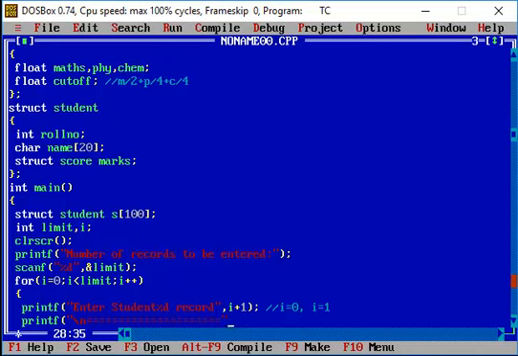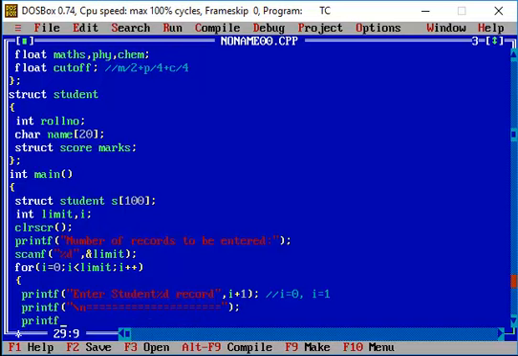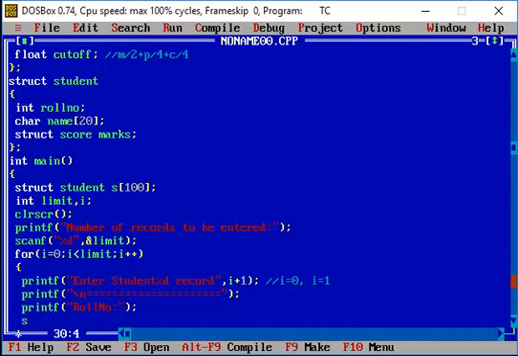So basically we have to ask the user to enter the name of the student and the roll number of the student. So I'm just asking the user to enter the roll number. So again I'm going to make use of a scanf statement, and in the scanf statement, roll number is of integer data type. So I'm going to get the value in terms of %d. So I'm using the format %d. And now I have to make use of the structure array variable, that is s, and I have to make use of the index value in order to access the corresponding record, and I'm going to make use of a dot operator in order to access the first structure member, that is roll number.